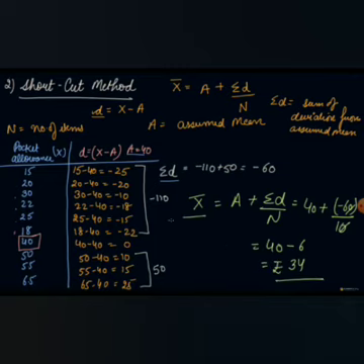Rupees 34 is your arithmetic mean. Through the direct method also you got the answer 34, and from the shortcut method also you have got the answer rupees 34. We use the shortcut method in order to simplify the calculations. If we have some huge numbers and need to multiply and divide and so on, in that case it is very easy to use the shortcut method. So these are the two methods, the direct method and the shortcut method, to find the simple arithmetic mean in case of the individual series.